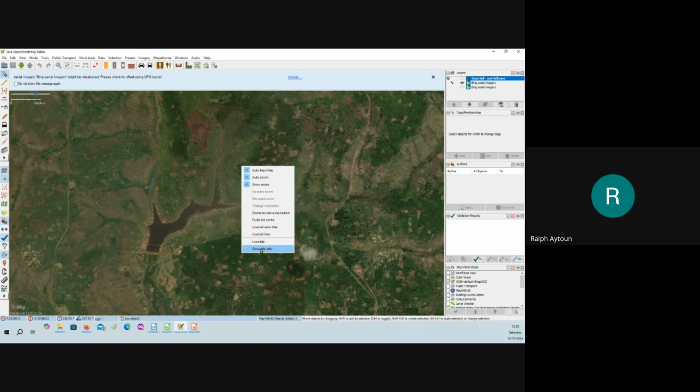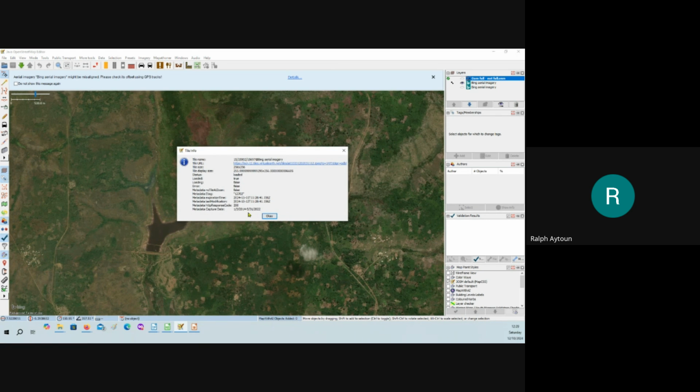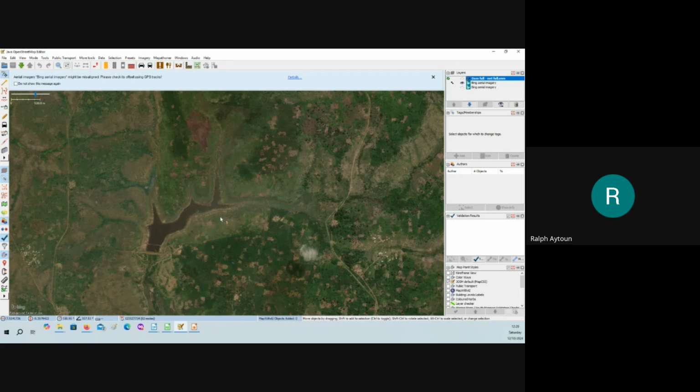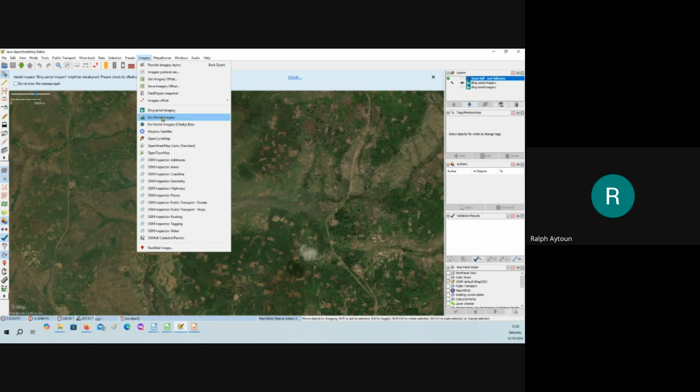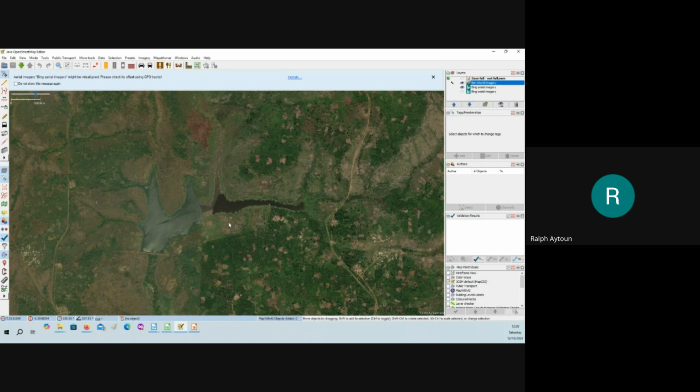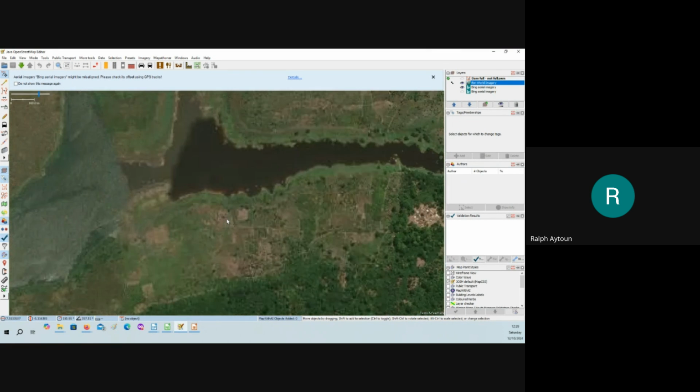This imagery show tile info, and this is 2014 to 2022. So I'm not quite sure which is the latest and which is not the latest, but I can check that on ID editor. Now let's just have a look at other imagery. Let's go to Esri. Now here's an example where imagery has been patched together, and we have different times and different years.